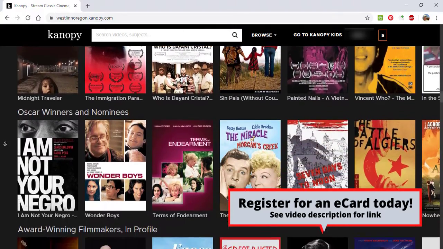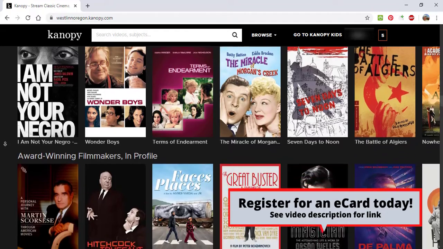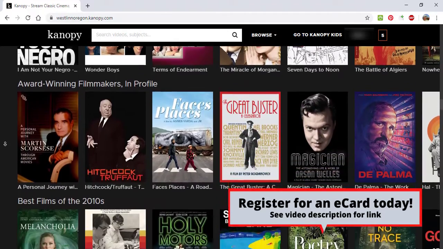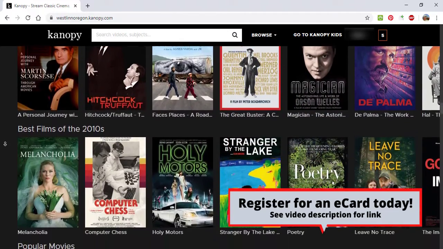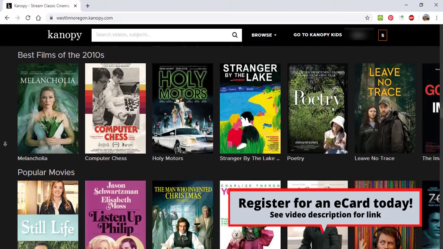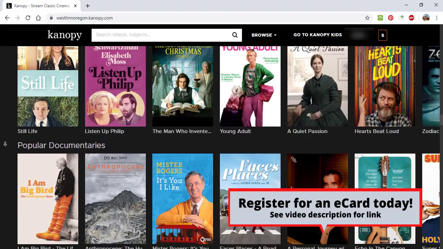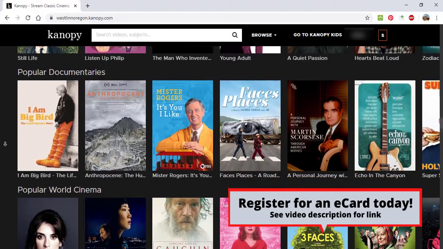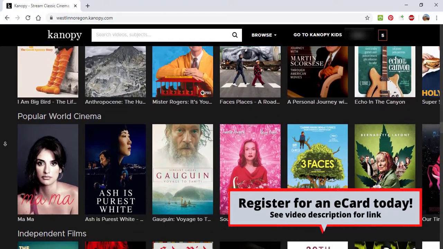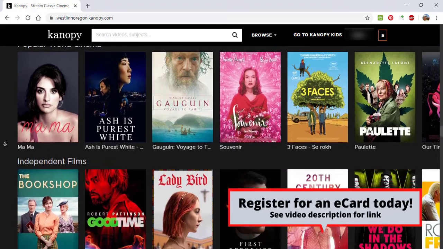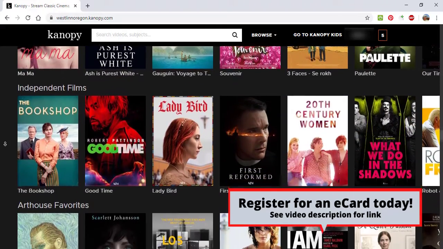To access Kanopy, you will need a LINCC library card through West Linn. You will also need an email or Facebook account and have the ability to access that account to verify your Kanopy registration. If you do not have an email address and would like assistance setting up an account, you can contact the library or access free email tutorials through